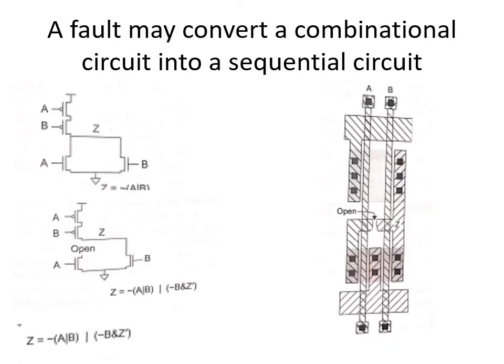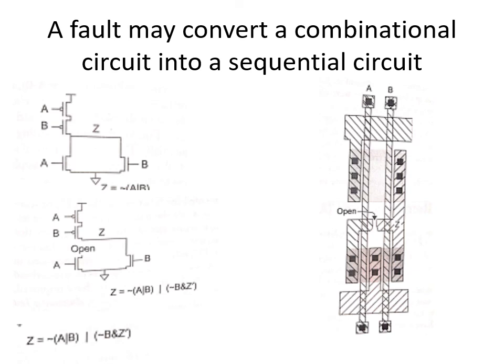Here in the circuit you can see an open circuit. This is a circuit for a 2 input NOR gate. For A and B, the PMOS is connected in series, and the NMOS is connected in parallel. So this behaves as a 2 input NOR gate. Suppose there is an open circuit, what happens? Let us say there is an open circuit at A. Then this circuit, which was acting as a combinational circuit, now acts as a sequential circuit, as if a feedback is connected.